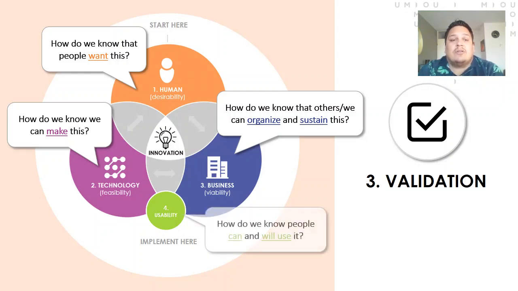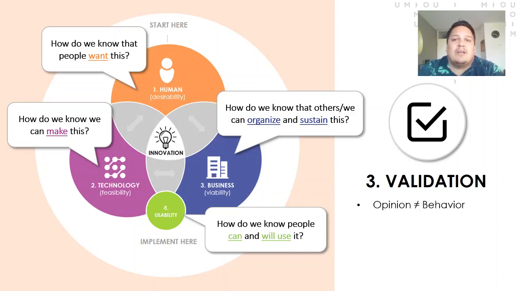And when this is all in balance, well, how do we know people can, but also actually will use it? Maybe you created this great app, but if they cannot use it or they don't use it because of other reasons, that is very important also to look into. So for validation, I think it's very important that only asking if stakeholders like or dislike it